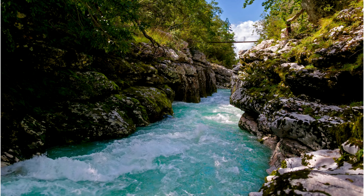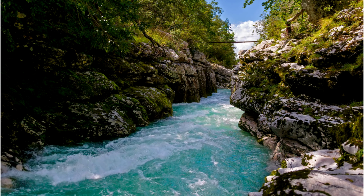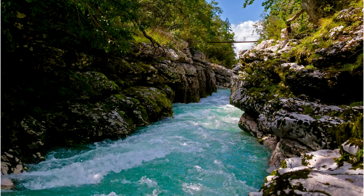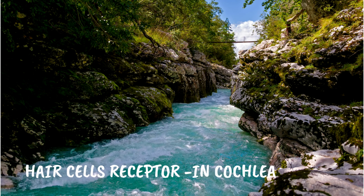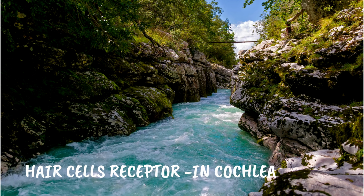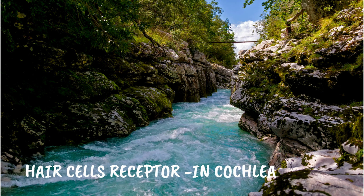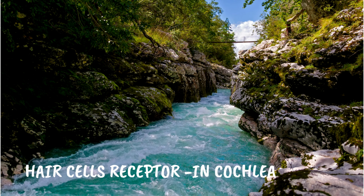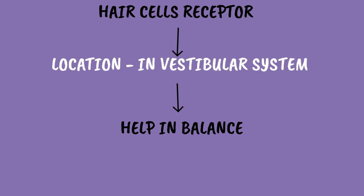I hope you all heard the sound of flowing water. You were able to hear it because of the hair cell receptors in the cochlea. These receptors pick up vibration from sound like this and send messages to your brain so you can hear and understand them. But these same receptors are also found in the vestibular system of the ear that helps us keep our